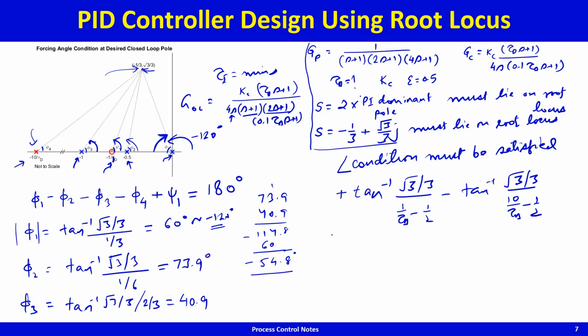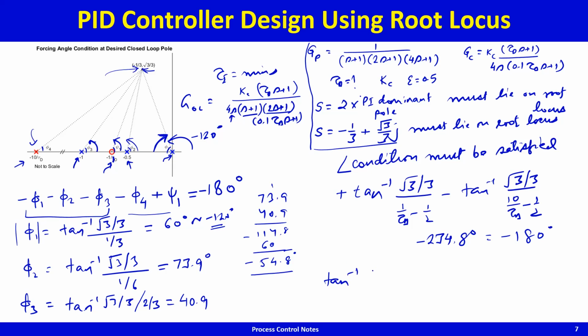So minus phi 1 minus phi 2 minus phi 3 minus phi 4 plus psi 1 should be equal to this total angle, which should be minus 180 degrees. I think that's what we do. So this guy is minus 234.8 degrees, and psi 1 minus phi 4 is written over here. So minus 234.8 degrees should be equal to minus 180 degrees. Okay, so this looks okay to me, and therefore what we get is that